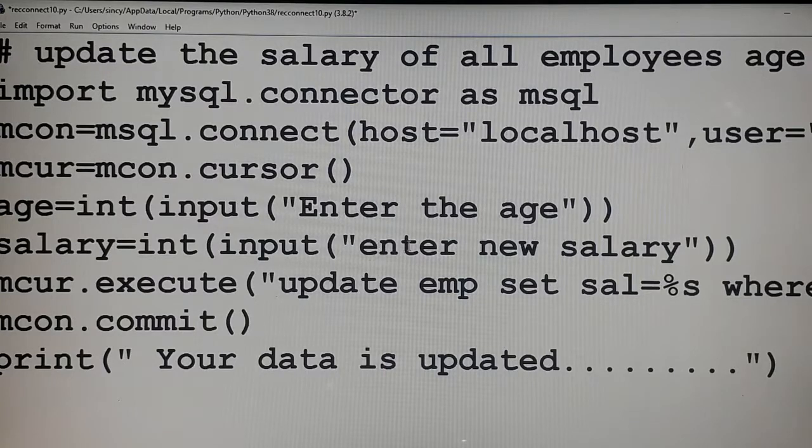That means updated by. Enter the new updation. Salary updated by. Okay, then this will be correct. And the salary updated by, that amount you have to input over there. Now mcursor.execute update set